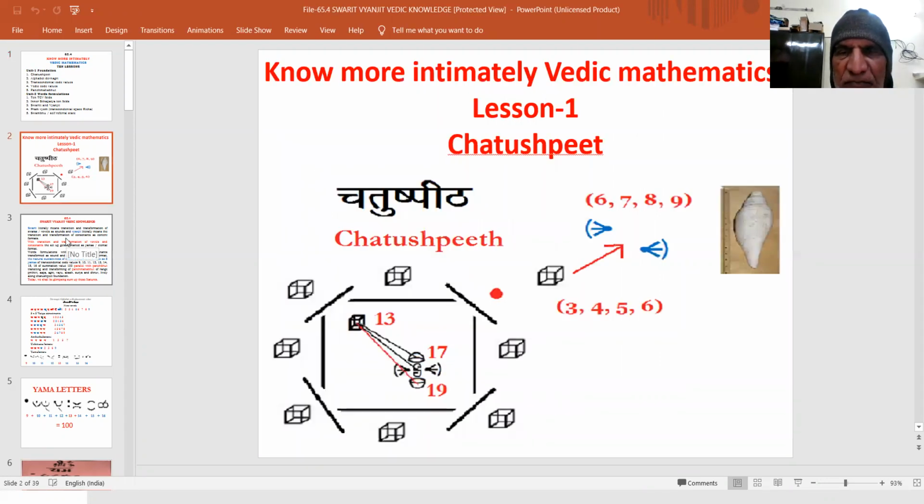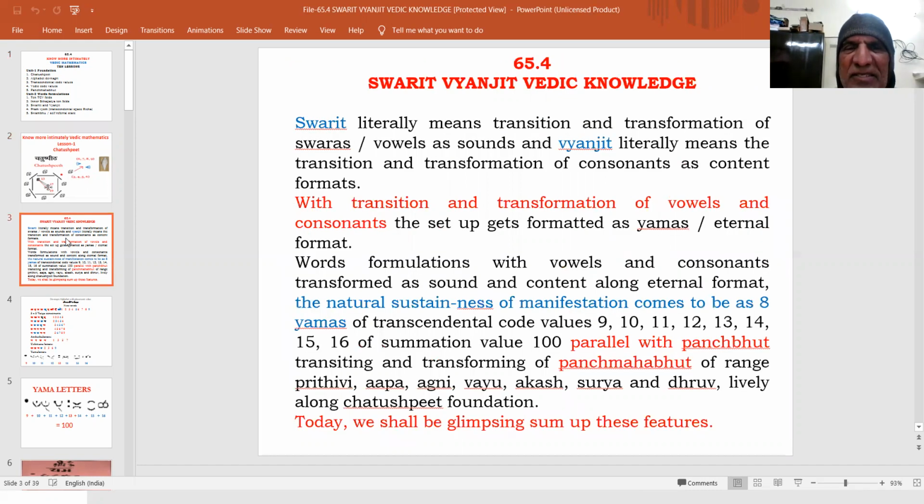And chatushpeet takes us to Vedic alphabet, that is Vedic knowledge organization as per vowels and consonants of Devanagari alphabet.